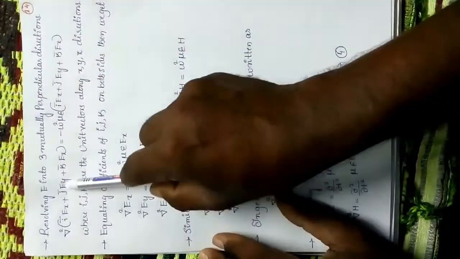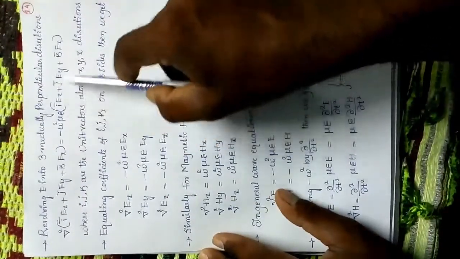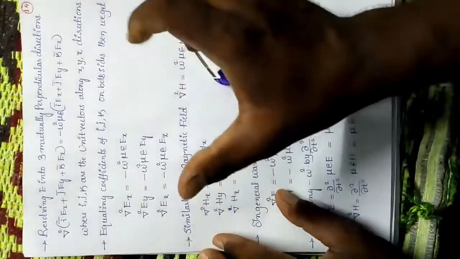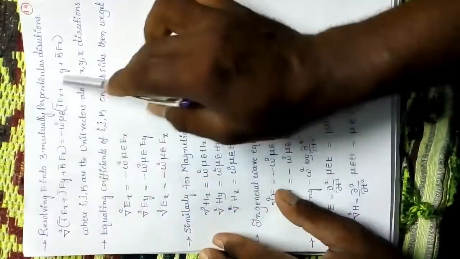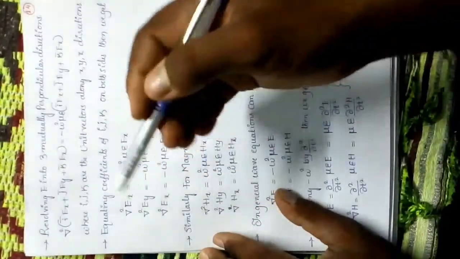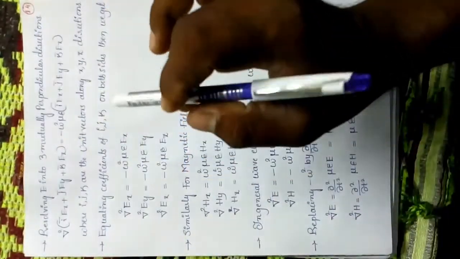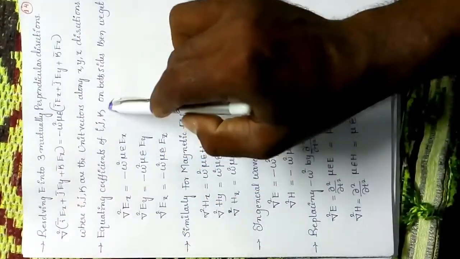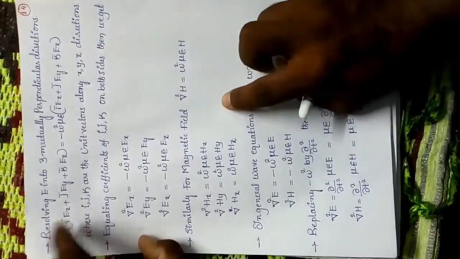The J term is on the LHS, and the J term is on the right hand side also. Similarly for Z, equating similar terms. In this equation, I, J, K are the unit vectors along the x, y, z directions. I, J, K are simply the unit vectors along the x, y, z directions. So equating coefficients of I, J, K on both sides, we can get, for example,